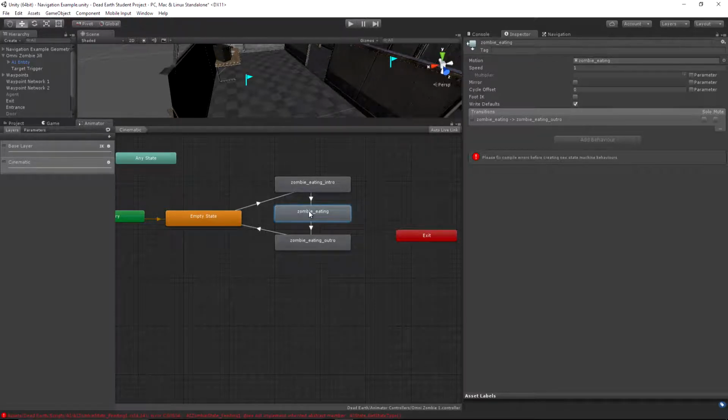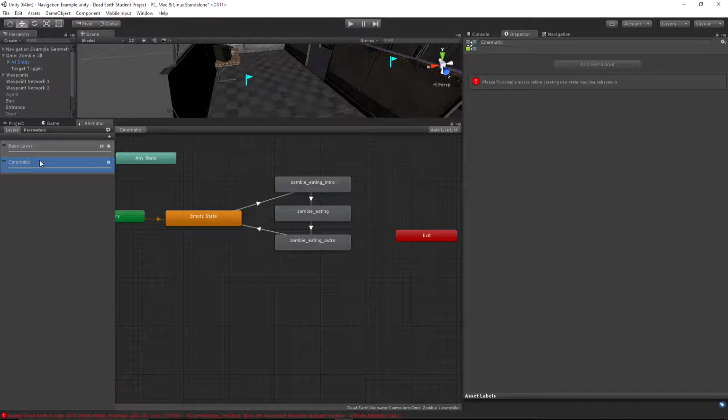And likewise, we don't want that particle system happening unless we're in this zombie eating state. Because when we're in the zombie eating intro state, if we simply start replenishing the satisfaction then and squirting blood out of our blood particle system, the zombie might be at the very beginning of this animation and may not even be on all fours yet. Look completely silly, wouldn't it? So we are going to go back and create some variables that are going to allow us to not only retrieve the state zombie eating, so that we can ask the animator, is this the state that is currently playing? But in order to do that, we're also going to need to get the index